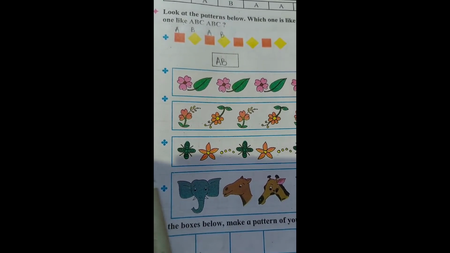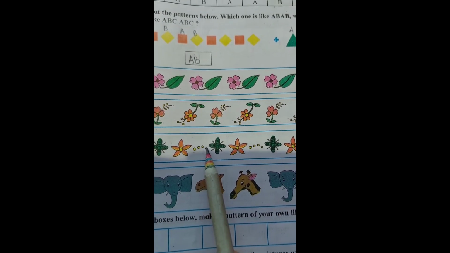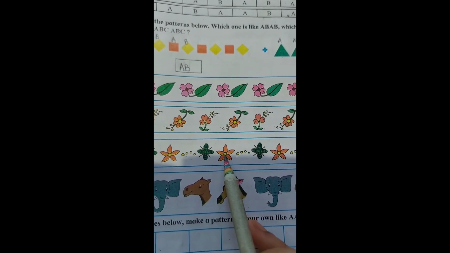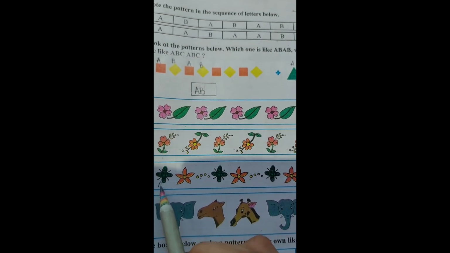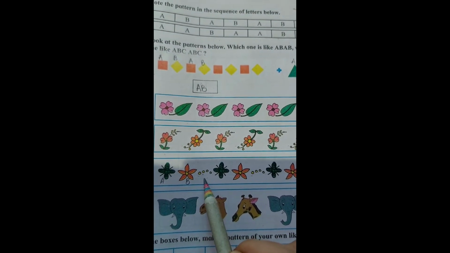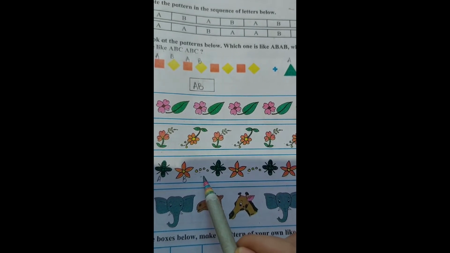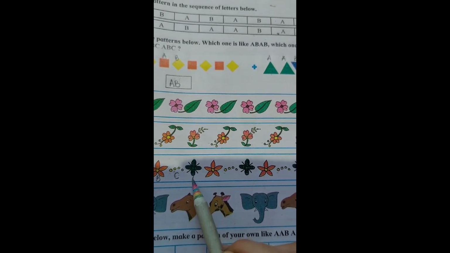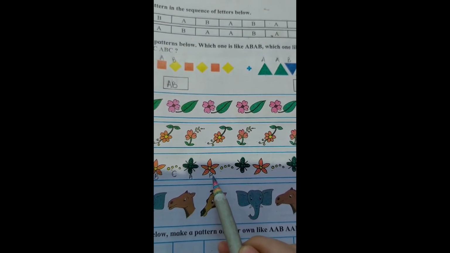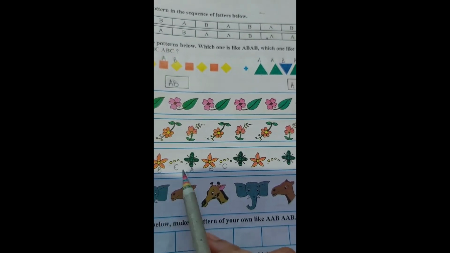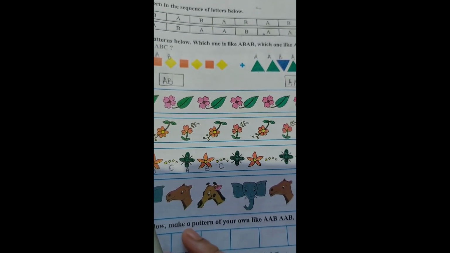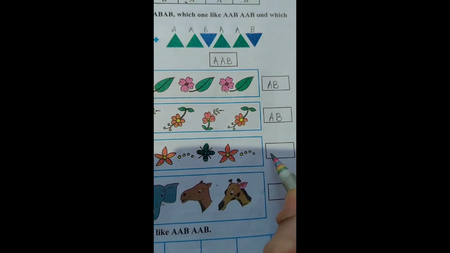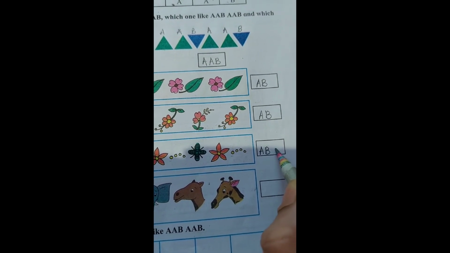In the next one we have a green flower, a red flower and some pollens. Green flower, red flower and pollens. So this is suppose A, this is B. Can we write A here or B here? No, this will be C because it is completely different than both of these. So again we have A here, we have B and we have C. So what pattern is formed over here? We have ABC, ABC because three different things are used in this pattern. So the pattern is ABC pattern.